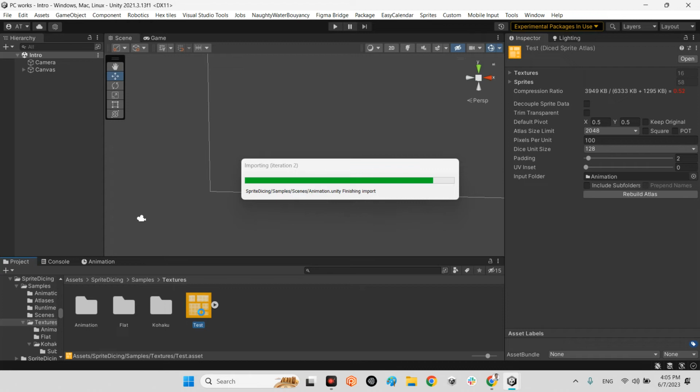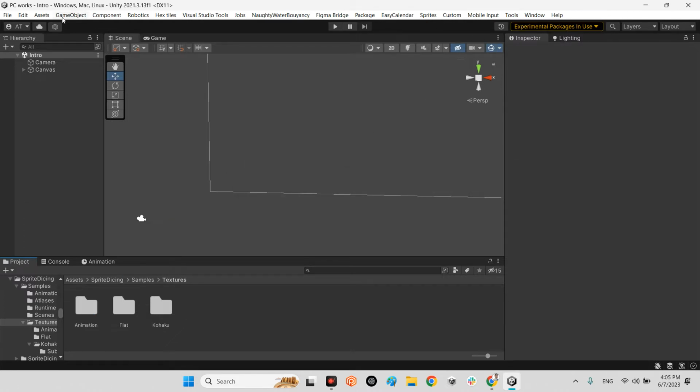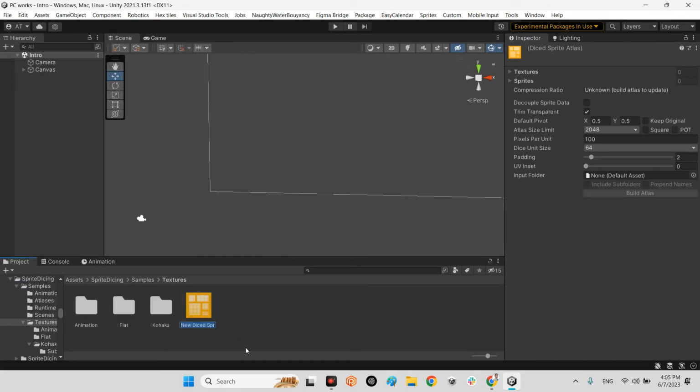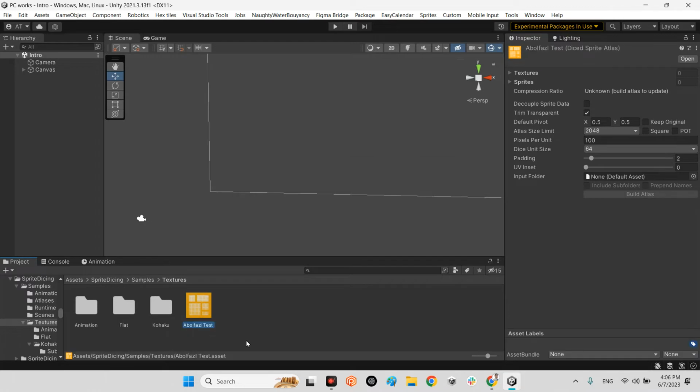Let me remove this guy. There is a technique here which says, okay, let's combine all of these frames. We should come over here into the assets. After you add the sprite dicing package to your project, you will see it in the create menu. Here you have a diced sprite atlas. I call it Abelfast test. Okay, now in the inspector panel,